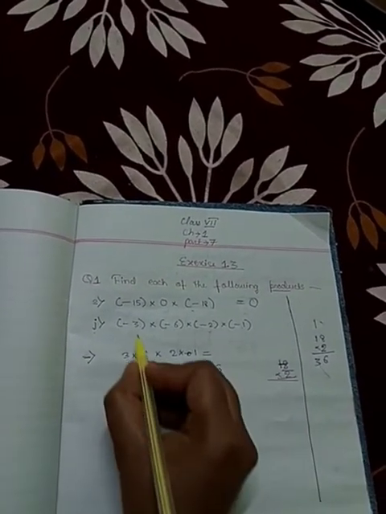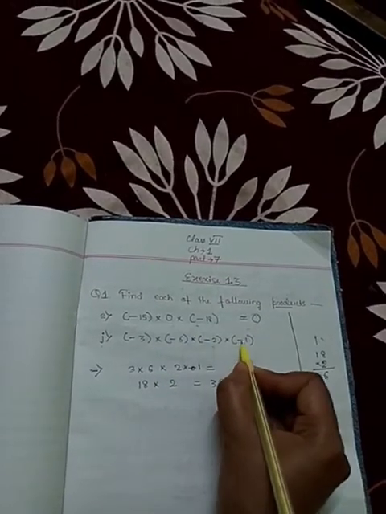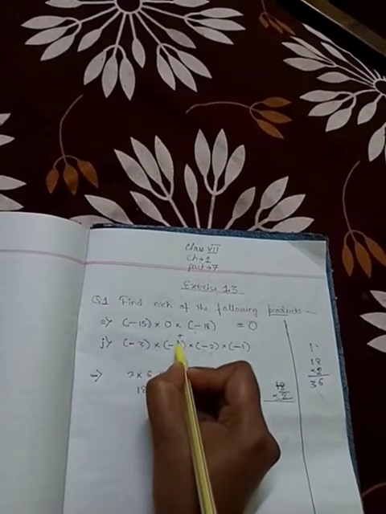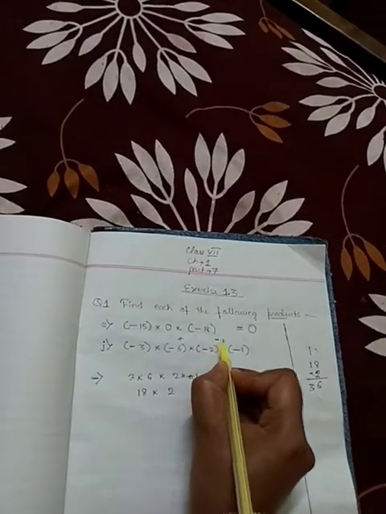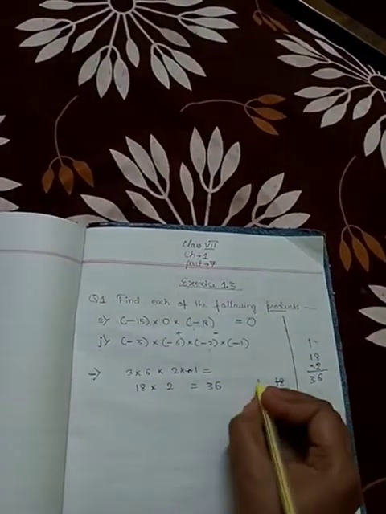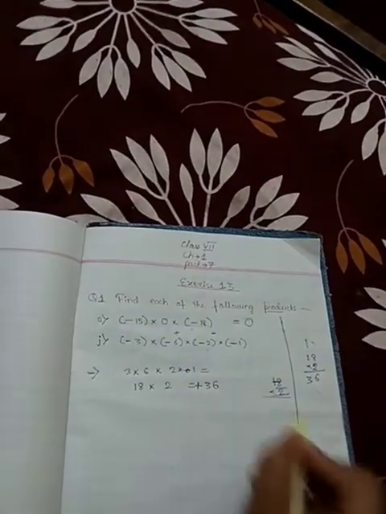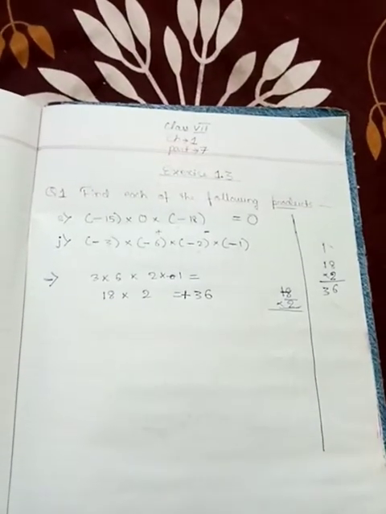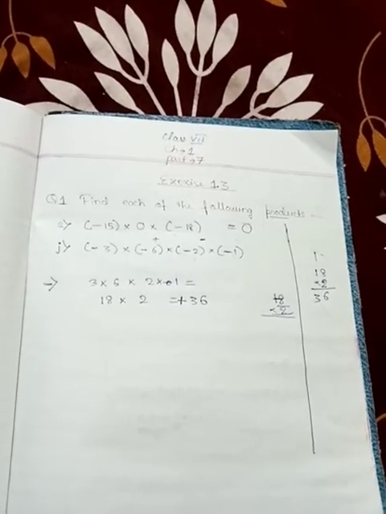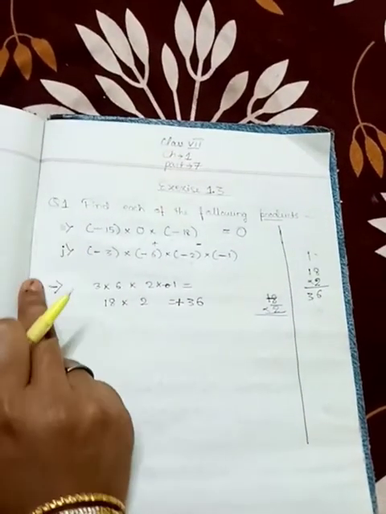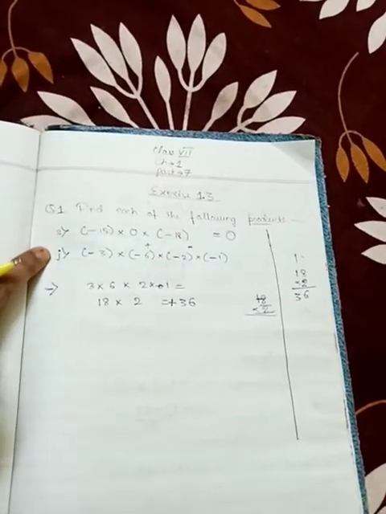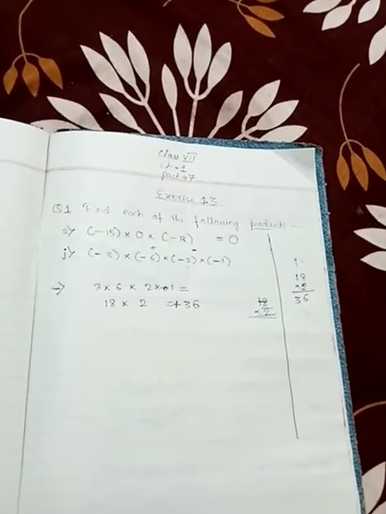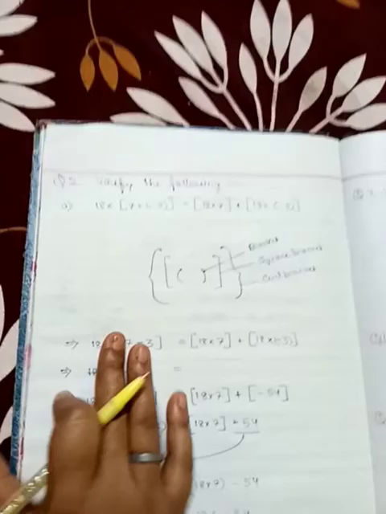Understood? And here there are 4 minus signs. Minus minus plus, again plus minus minus, then minus minus plus. So what do we have to put here? The plus sign. Understood? The rest of the questions are easy, you do them on your own. Question number 1 I have done here, E and J. The rest, A B C D F G, other questions you have to do on your own.